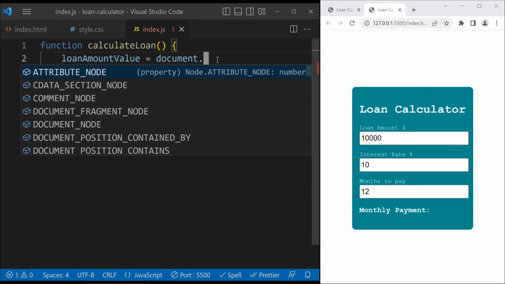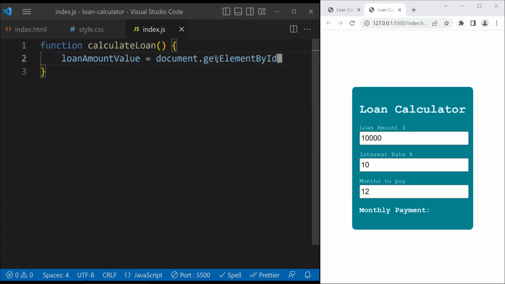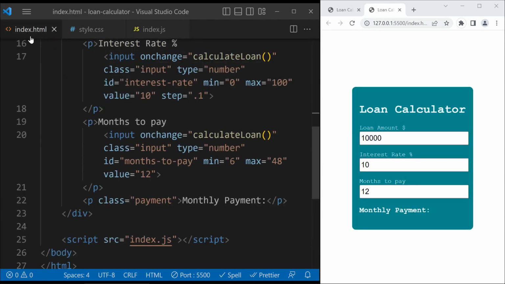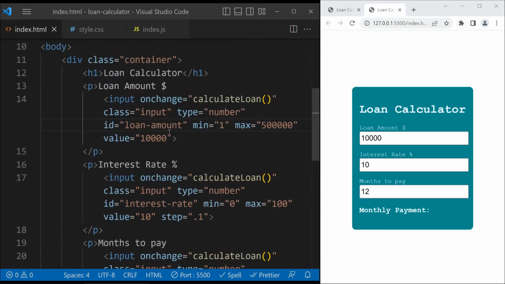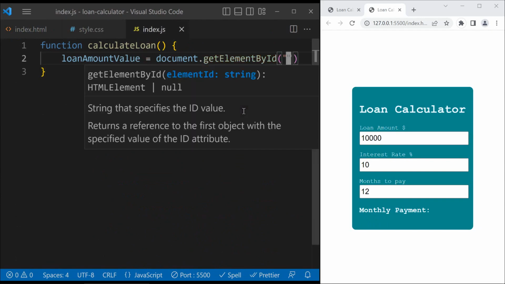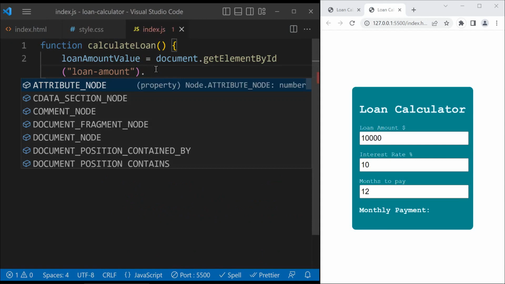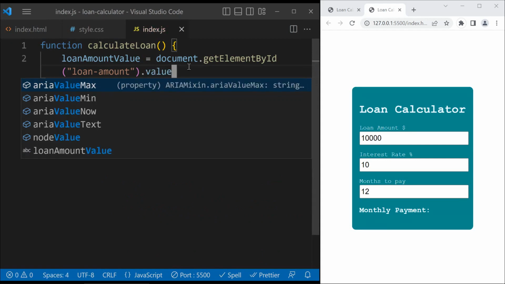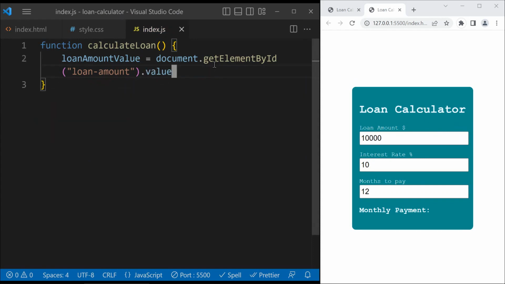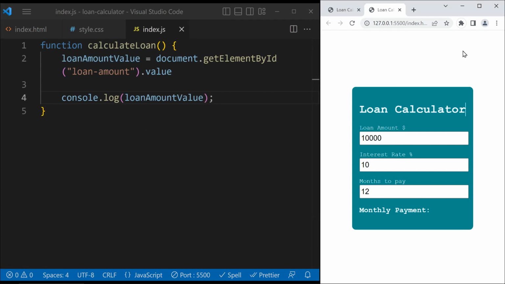So we just use getElementById, which is a method from JavaScript that is going to get the element by its ID. For example, the ID of the first input is loanAmount. So we can copy this one and, inside a parenthesis and double quotes, we can put loanAmount. And we can target the value inside this, because we want to get the value of that. All right. So now, let me fix this. If we console log the loan amount value now,